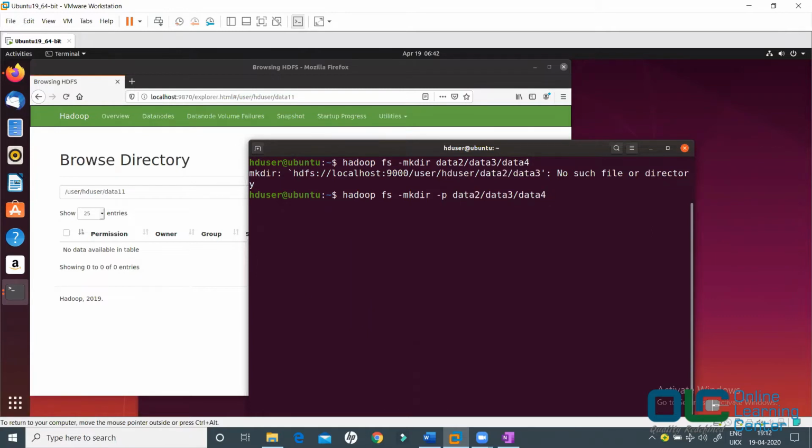It will try to create data4 inside data3. If data3 does not exist, it will try to create data3 inside data2. If data2 does not exist, it will first create the data2 folder, inside that data3, and finally data4. It first checks whether the folders exist or not.